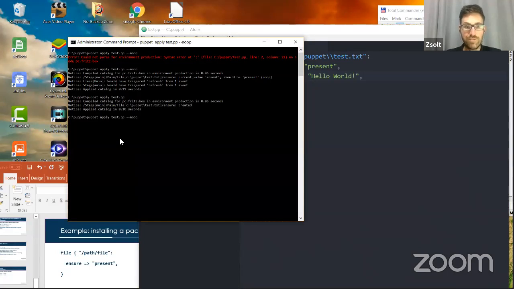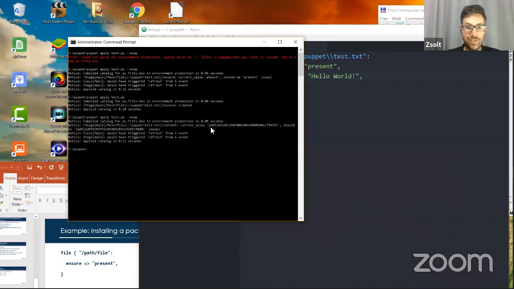And if we run it with the noop, which means that we just check what the changes would be if we executed the update, then we would see that the current value, which has some MD5 hash, is going to change to this value, which we don't know what the actual content is going to be, but we can anticipate some content changes. Let's see what happens if we apply the changes. So it's going to run. It's taking some time once more.